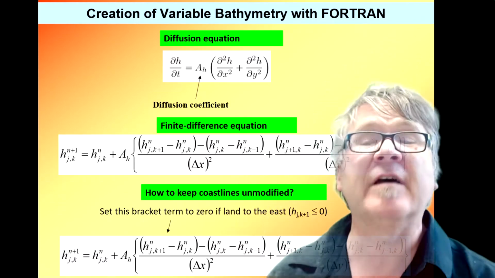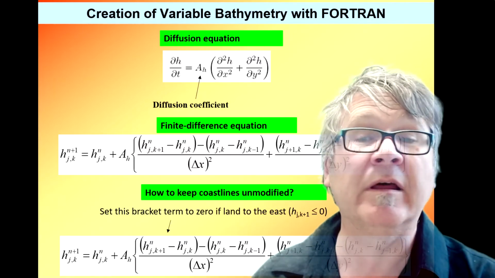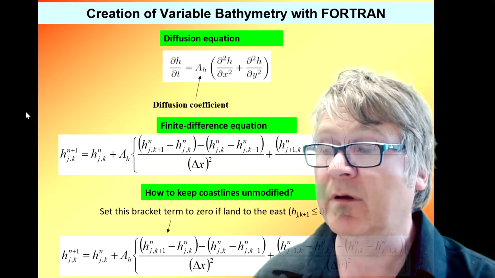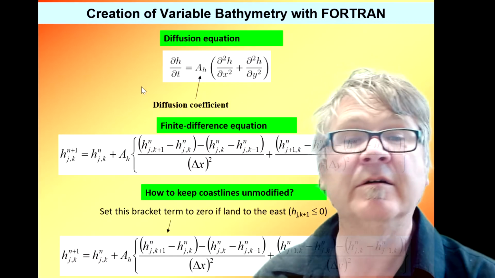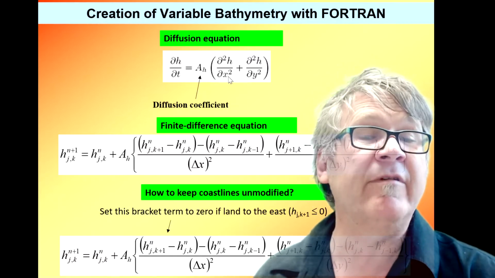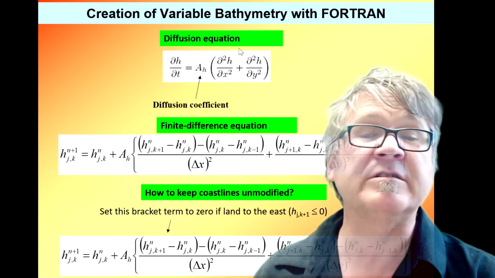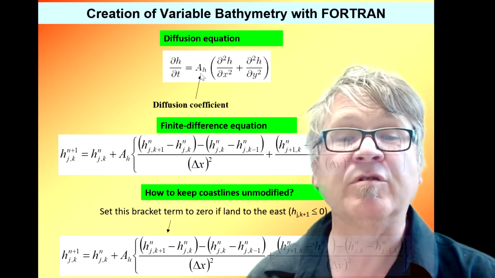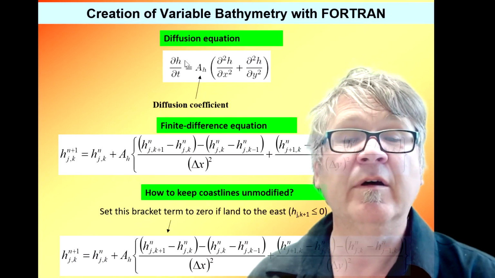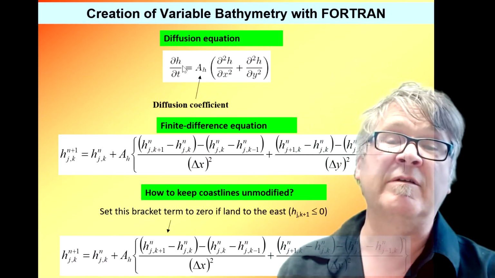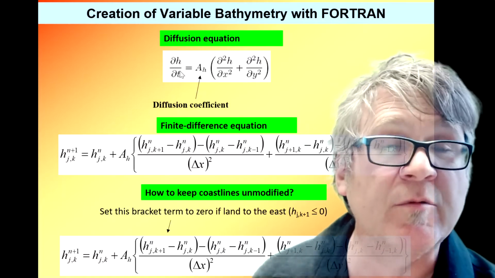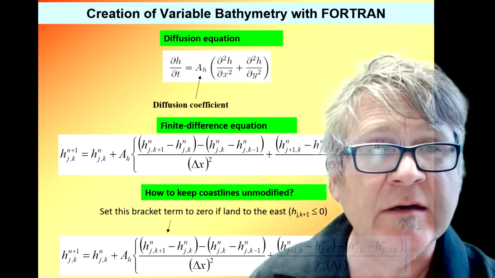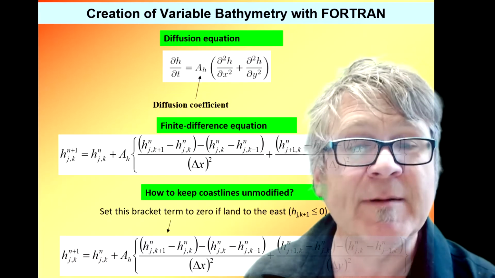And so this, for example, is how a diffusion equation looks. Let's get the mouse on here. This is the diffusion equation. Second derivative, both directions included, some diffusion coefficient. Okay? And then you just work out the finite difference equation. Have a look at it, it goes back to the Taylor expansion series, and this